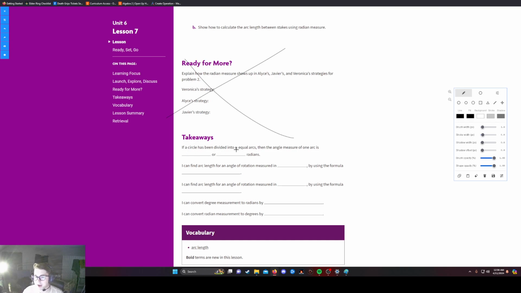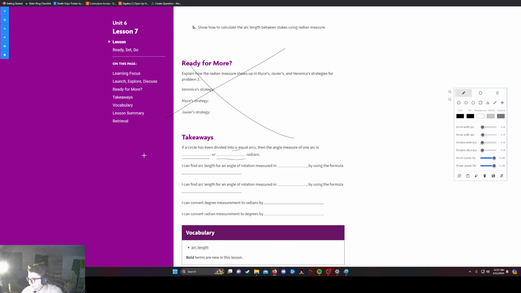If a circle has been divided into some number of equal arcs, then the angle measure of one arc is blank or blank radians. So what this is assuming is some number in degrees or a number in radians. Let's make that a little bigger. I want you to be able to see the question. So in degrees, where n is the number of equal arcs,